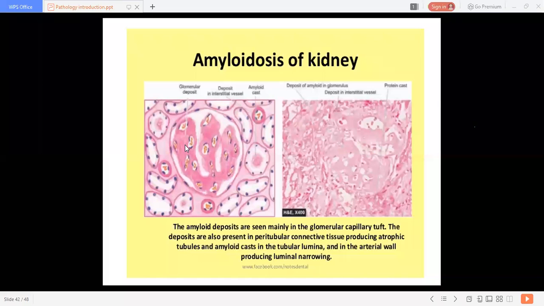Whenever the glomerulus progresses and gets flooded with the confluent masses, it happens due to narrowing of the capillaries which supply it. And as it progresses further, it will give rise to deposits in the glomerular matrix. So this is all about amyloidosis of kidney.